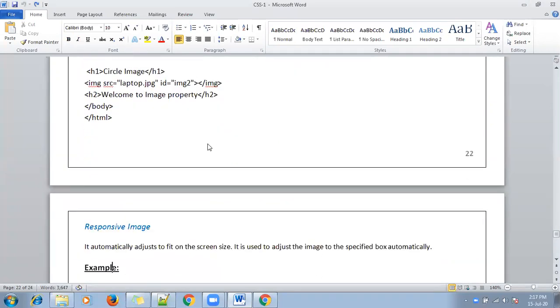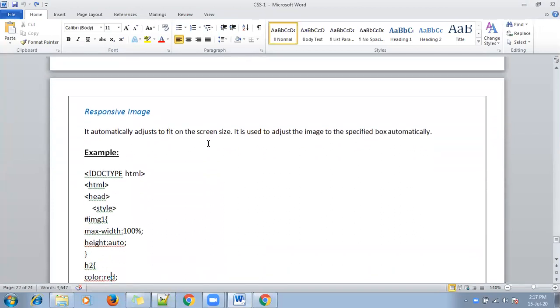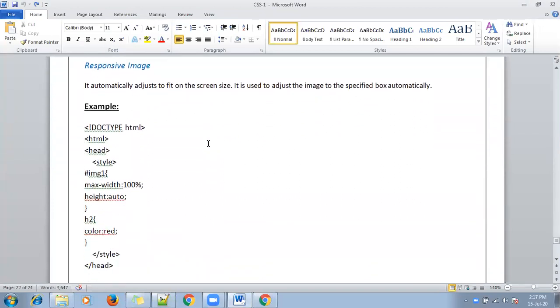The next one is a responsive image. The meaning of a responsive image is that it automatically adjusts to fit the screen size. Whatever the image is, it automatically fits your screen size. Then how can we use this image property?